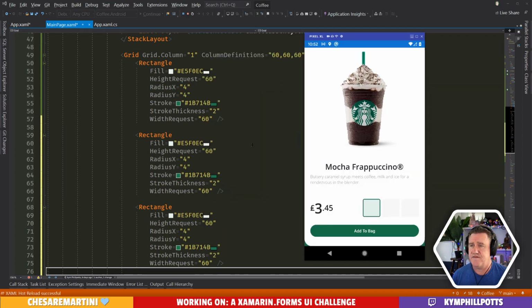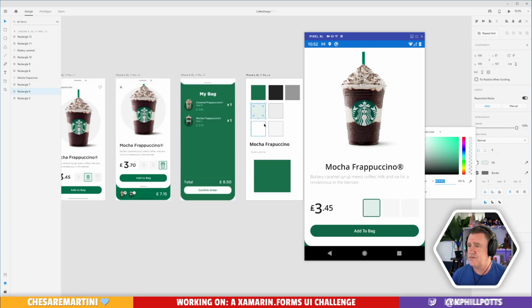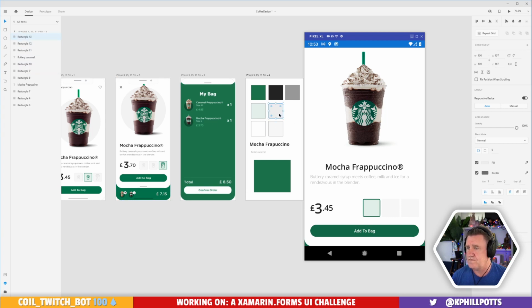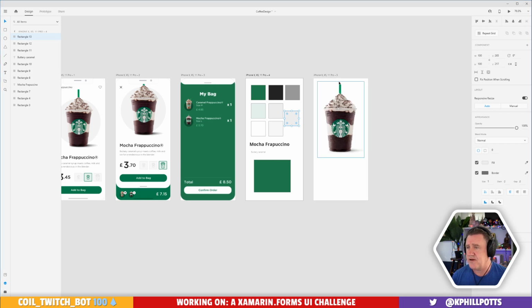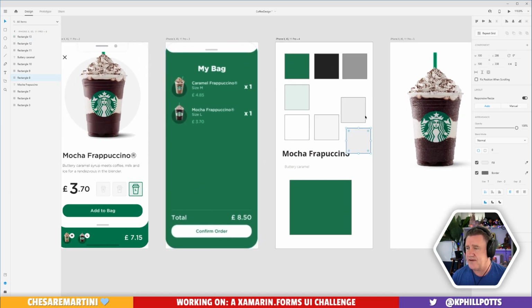we want to have, I think, it's probably this color here. Let's have a look. Actually, let's do this. Let's get you out of the way. Let's grab each of our colors here.